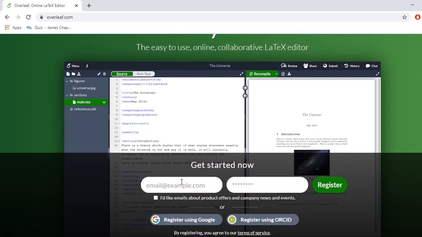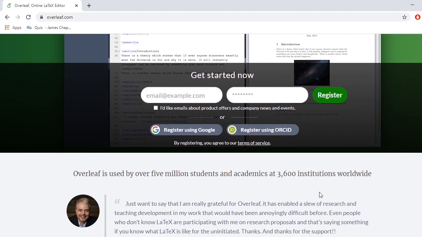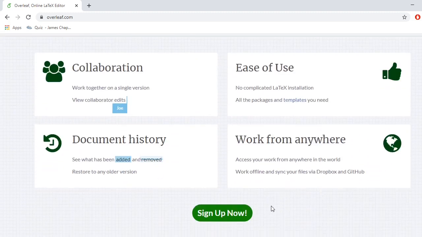You can register with your email, otherwise you can register with your Google account. After selecting that, you click on register, and then using either your Google account or your email ID you can register. Because I have already registered, I am skipping that and I'll sign in now.